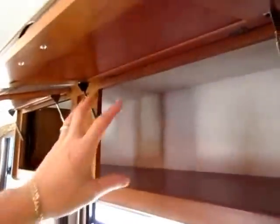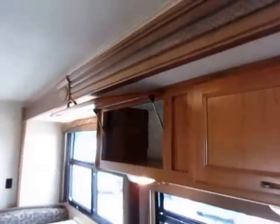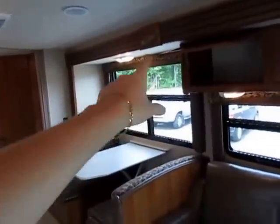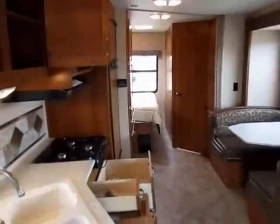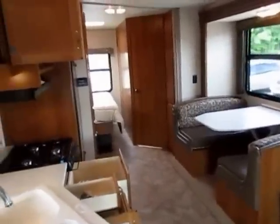And notice too, they don't only just give you big cabinet spaces, they give you the double door struts to hold them open, and they're the nicer metal struts, not the cheaper plastic struts that can break and wear out real quick. You also have full privacy. You have both valences and lambrequins on the window, so when you pull that nice nightshade down, you get a lot of privacy in here. It is quite spacious in here, as it is 7 foot tall inside, so you do have a nice big